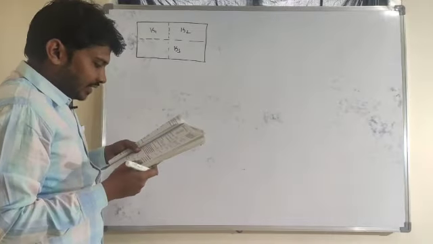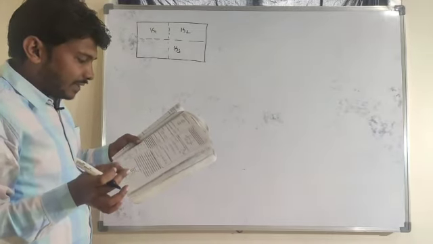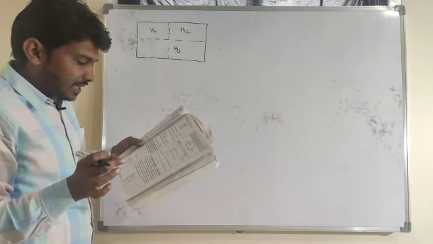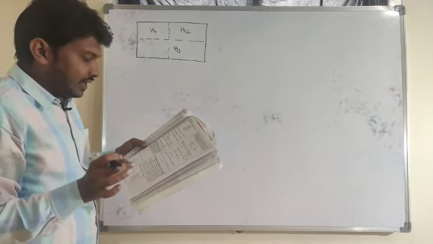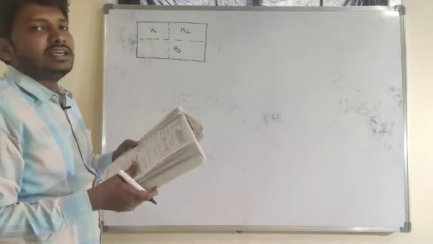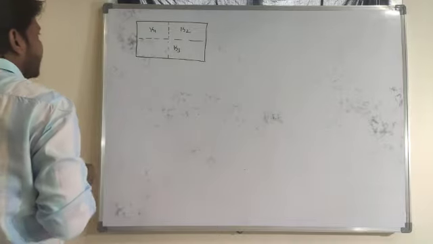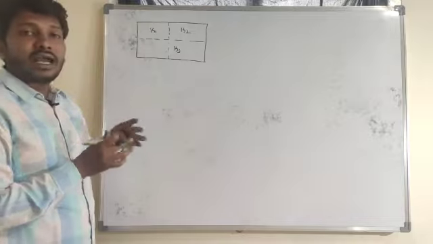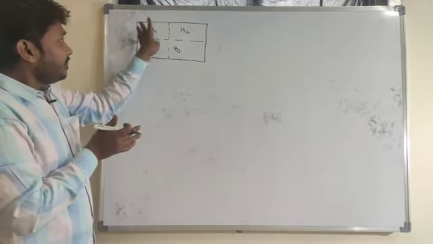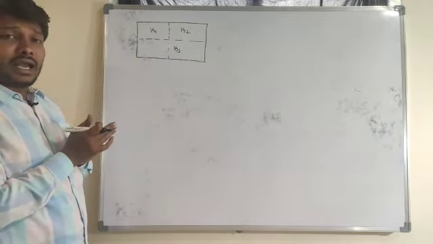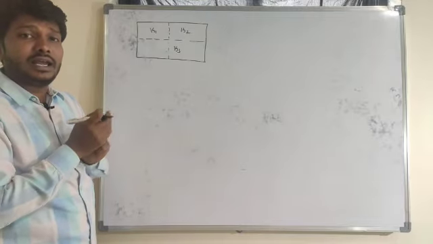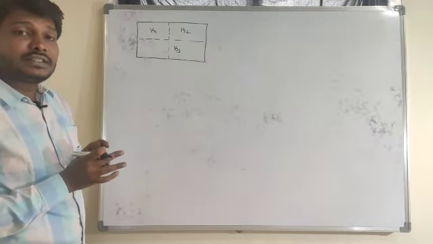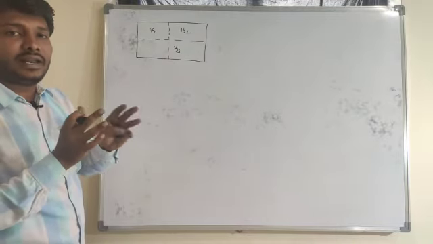And let me find out: if a single dielectric slab is to be used to have the same effective capacitance as the above combination, then its dielectric constant K is given by what? First let me understand the meaning of the question. Between the parallel plates I filled three different dielectric media. Instead of filling three different dielectric media, if I fill a single dielectric medium, I will get the same answer as in this case.